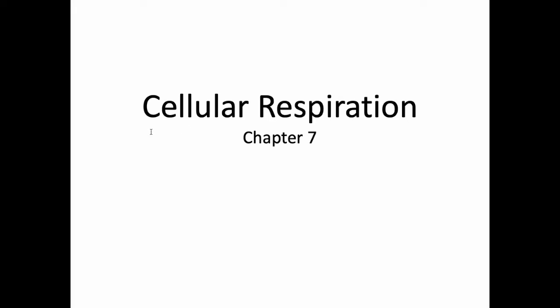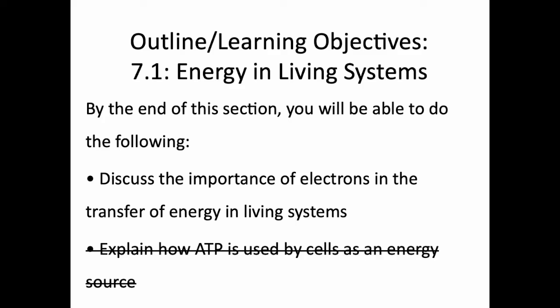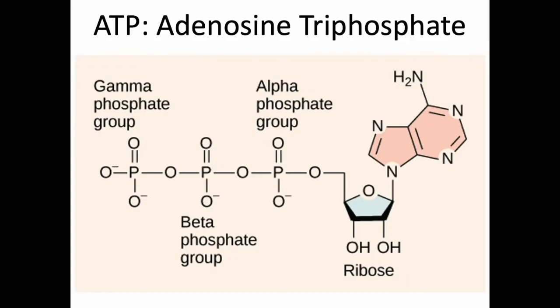Before we get to the pathway, though, there's one more thing I need to introduce regarding energy. We talked about energy, again, in the last chapter, in the last recorded lecture. We talked about ATP carrying energy because of these covalent bonds. Having covalent bonds means you have potential chemical energy.